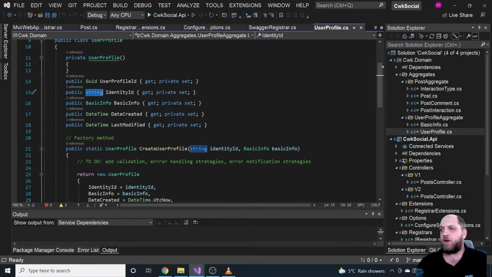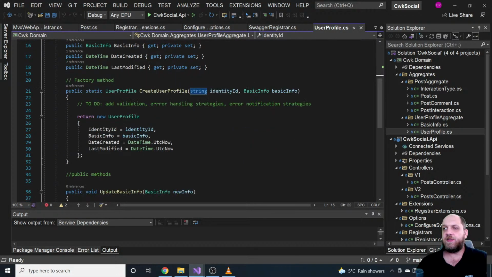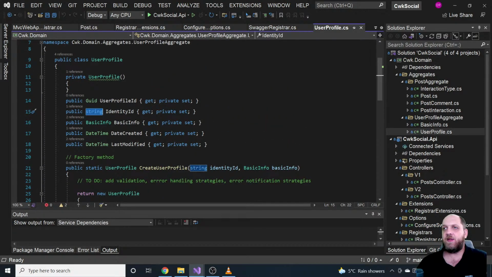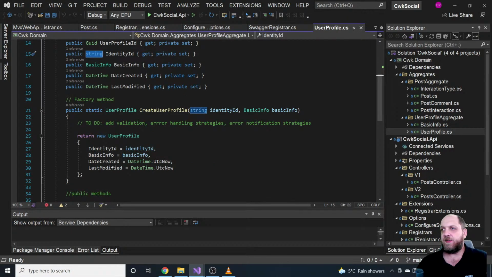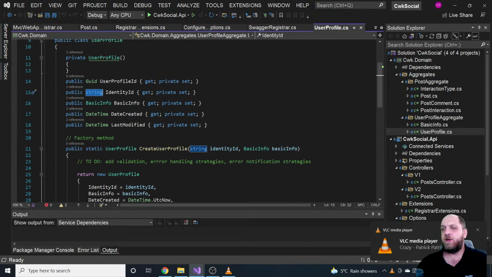And then we went over to this concept of having a rich domain model, and a lot of the things that you might usually have in services, we already have in the domain model. So for instance, we have a factory method that creates a user profile, and here is where we can make sure that when we create an instance of this entity, it is in a valid state. That's the reason why we totally encapsulate our domain model. All setters are private,